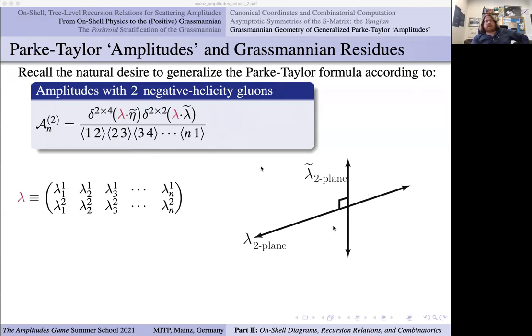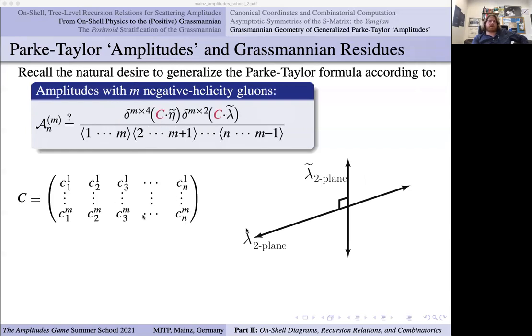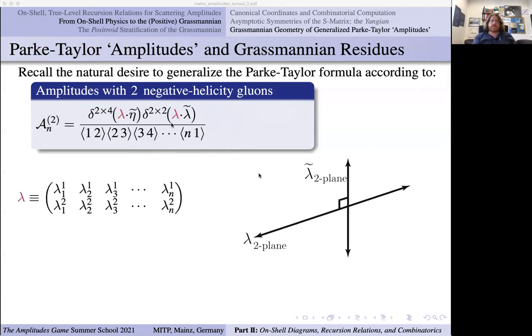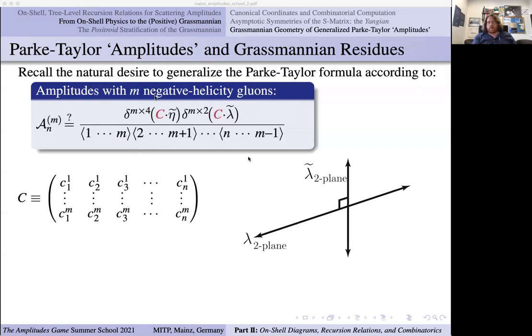Thinking about what the helicity means in this language makes it clear that if this was a 2 by n matrix lambda, then if m were to be some other number, you'd have to get an m by n matrix. Some C matrix like this. Maybe we could call it capital lambda, but then it would just be a little confusing. And thinking about how little group works and whatnot, there's really more or less a unique guess that you would make, which is that maybe the